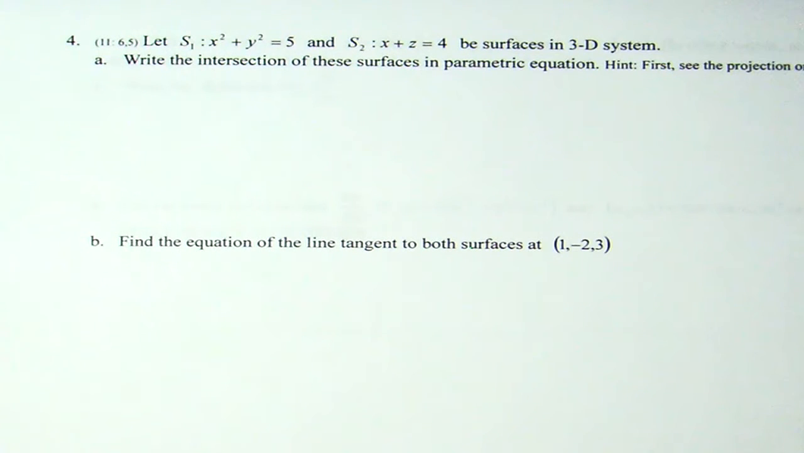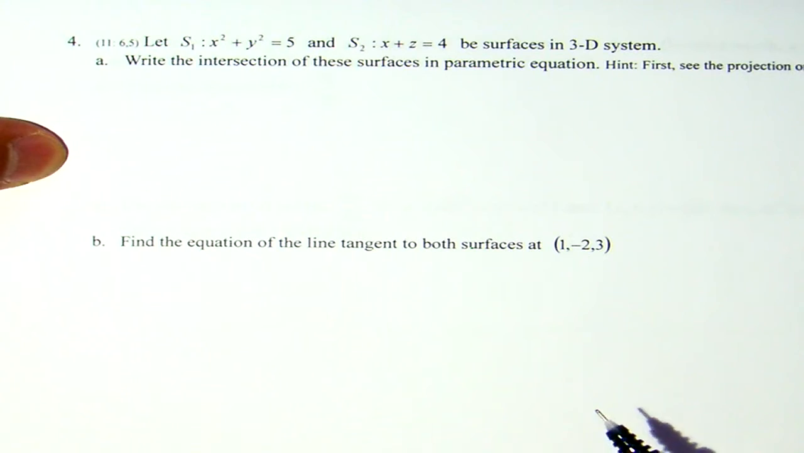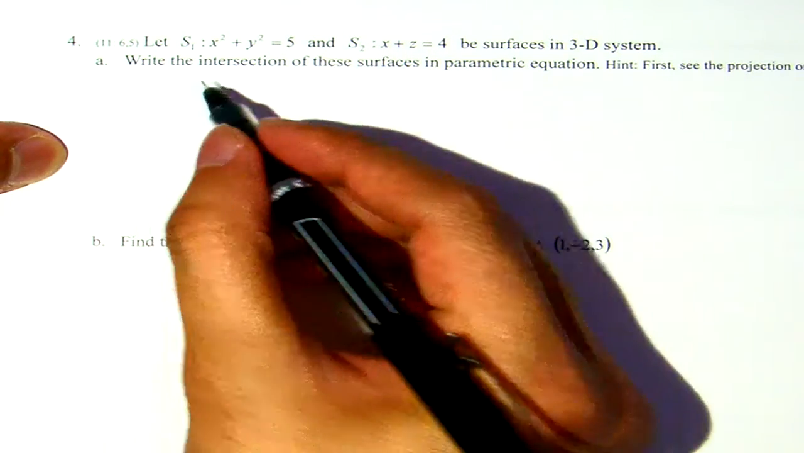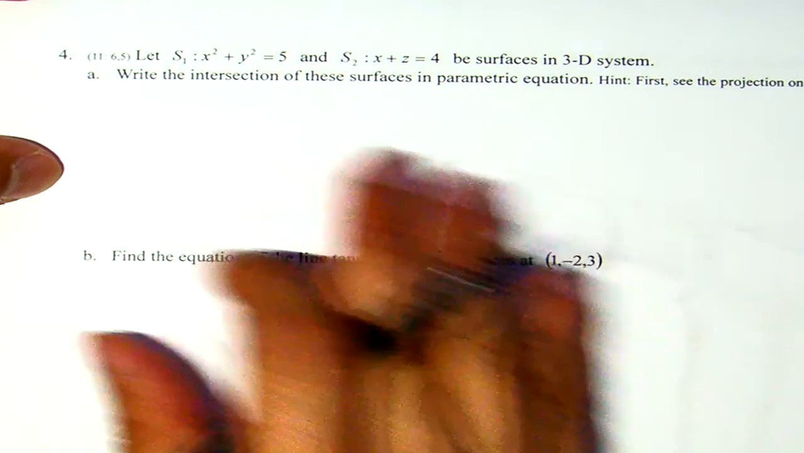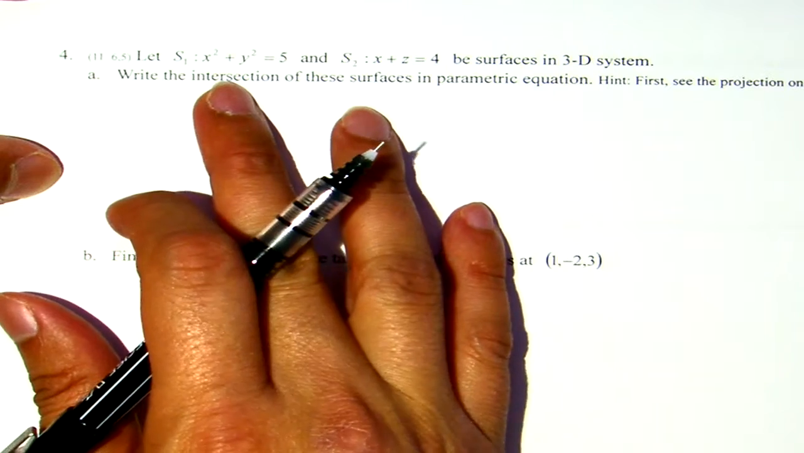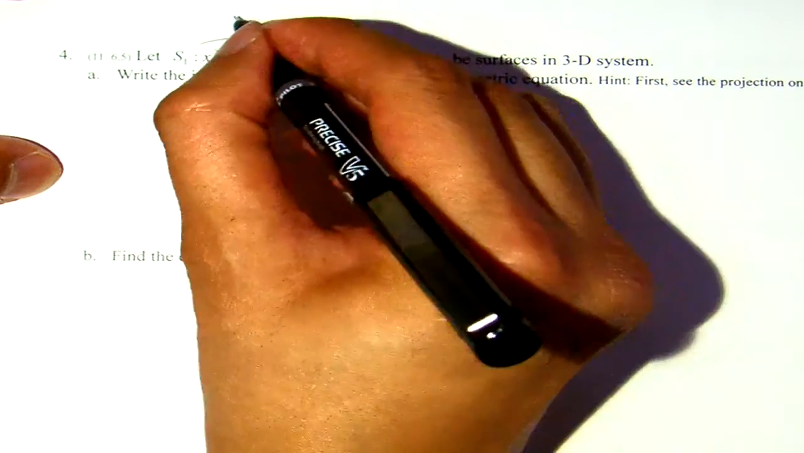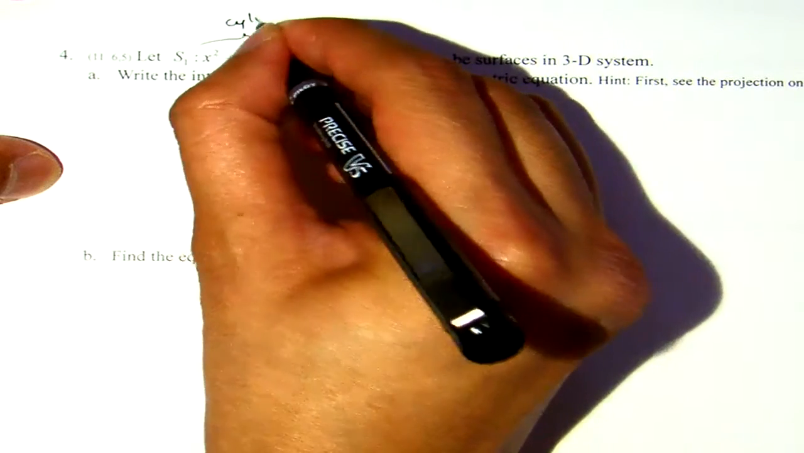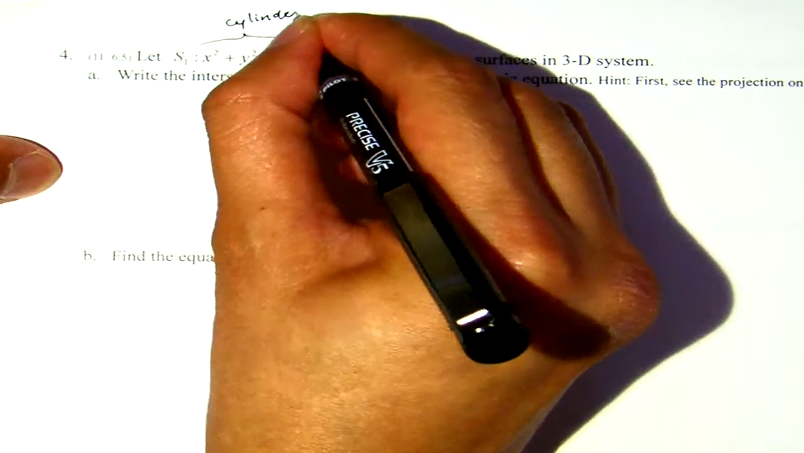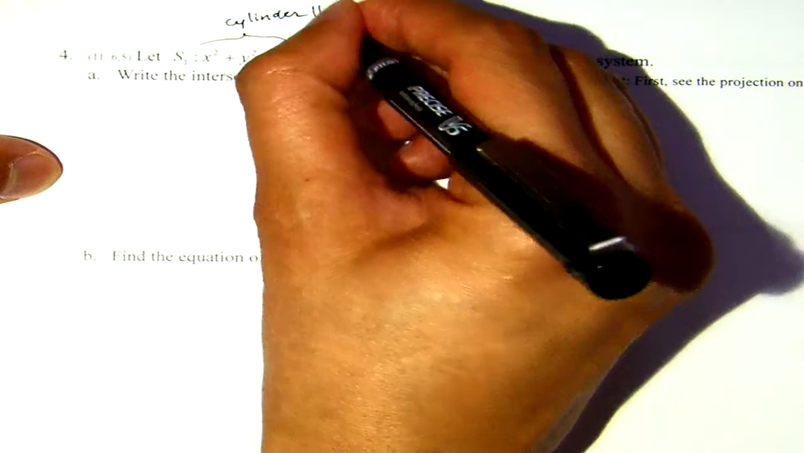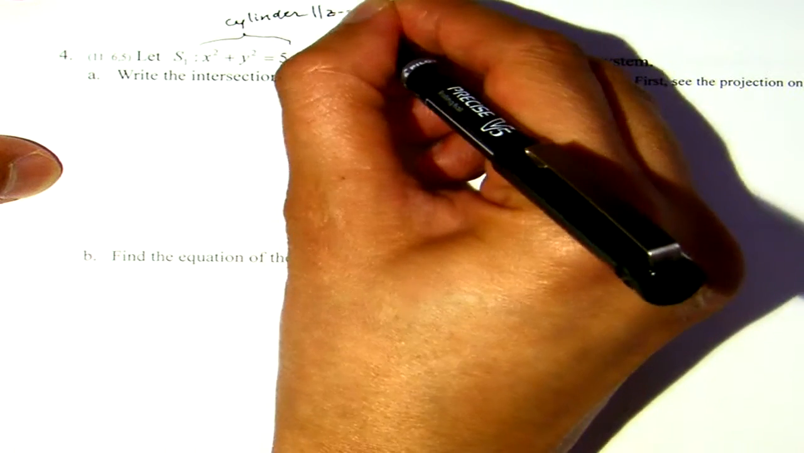Now let's try to do this question number 4 from summer 2009 calculus 3 test 2. Now we need to work with these two surfaces. The first surface, x squared plus y squared equals 5. I hope you realize that this is actually a cylinder, and which is parallel to the z-axis,